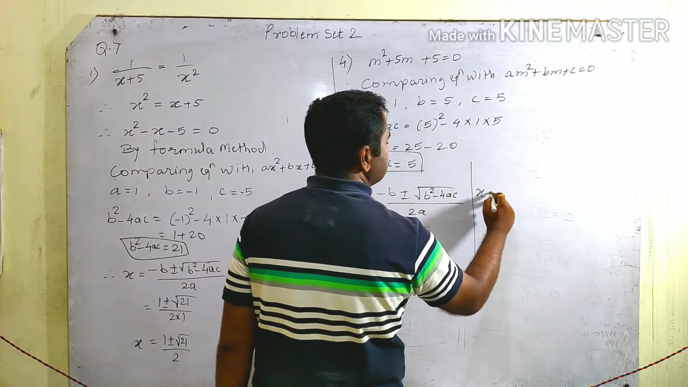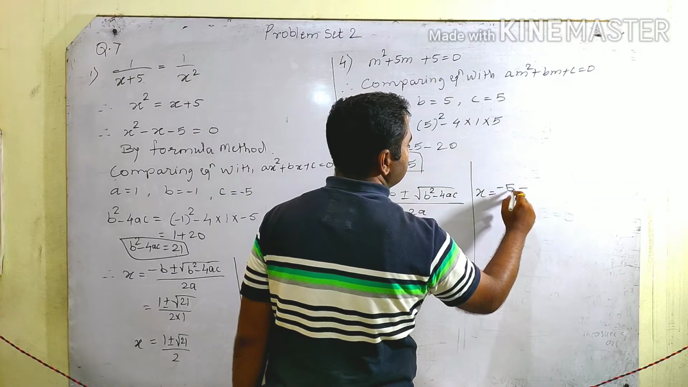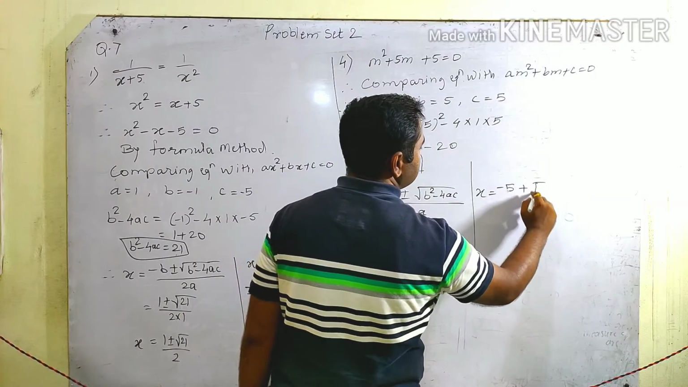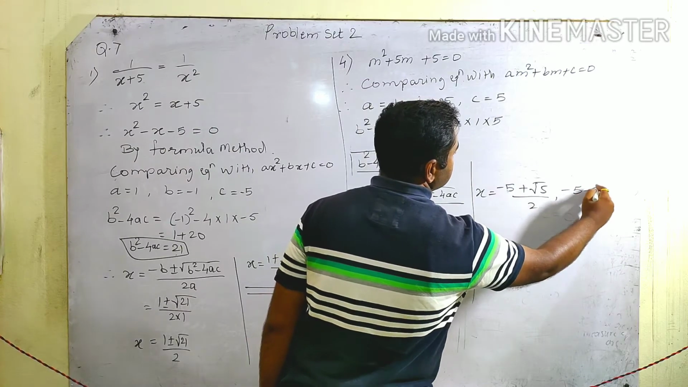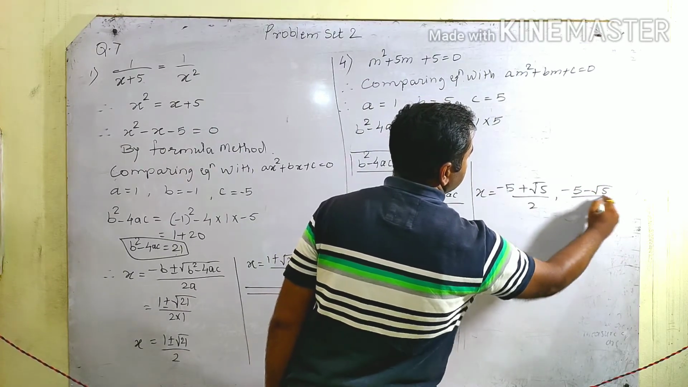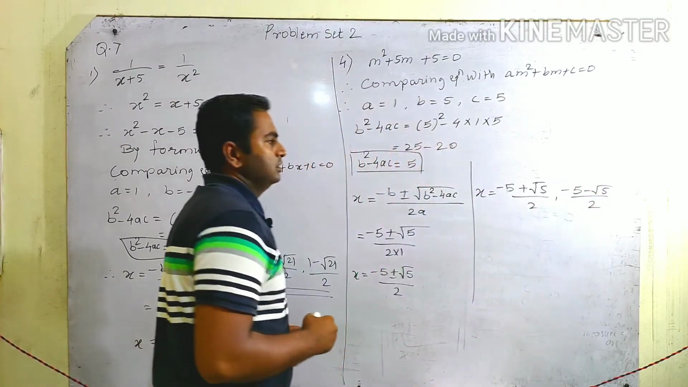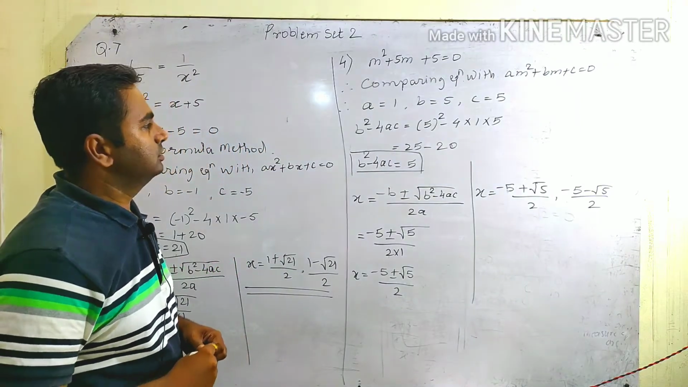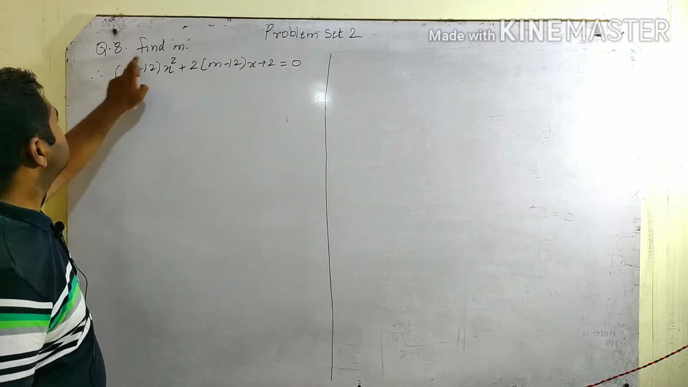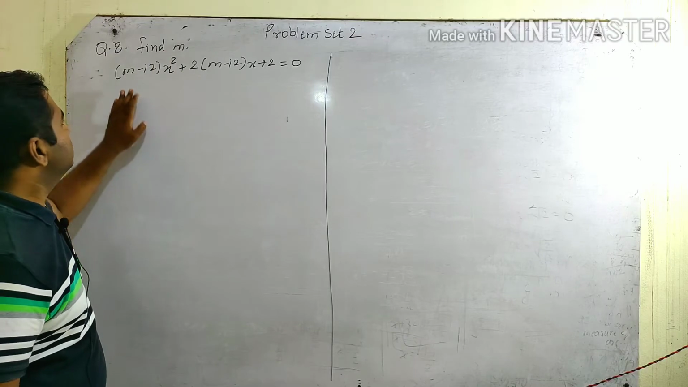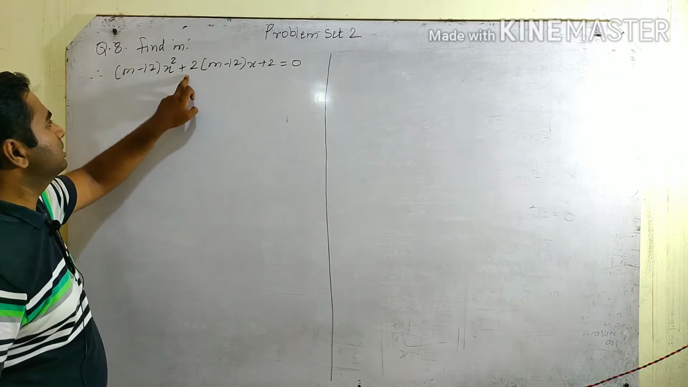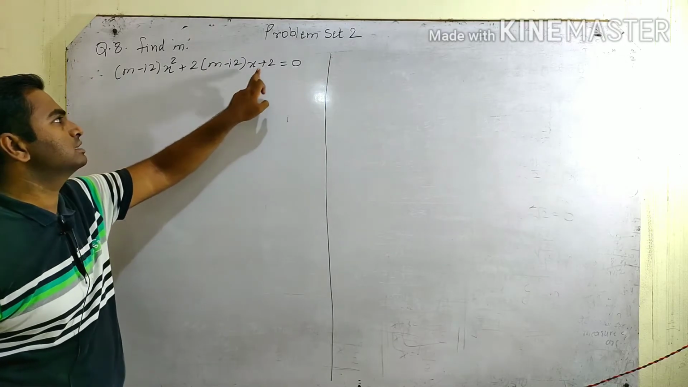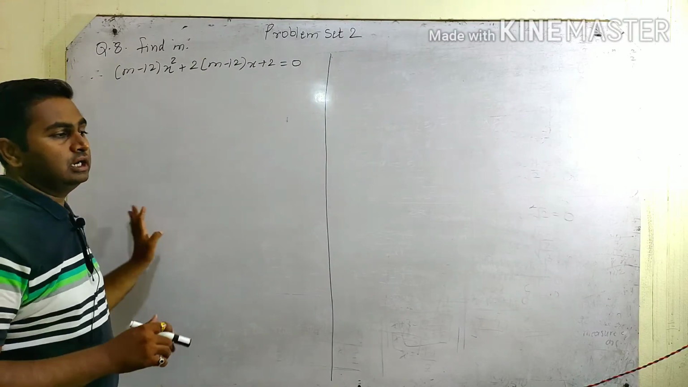So x is equal to minus 5 plus root 5 upon 2, and another is minus 5 minus root 5 upon 2. Okay, understood students? Next example is question number 8. Find m if (m minus 12)x square plus 2(m minus 12)x plus 2 is equal to 0